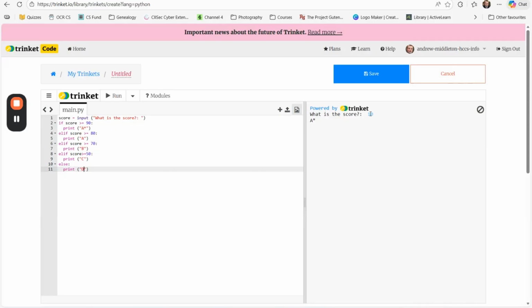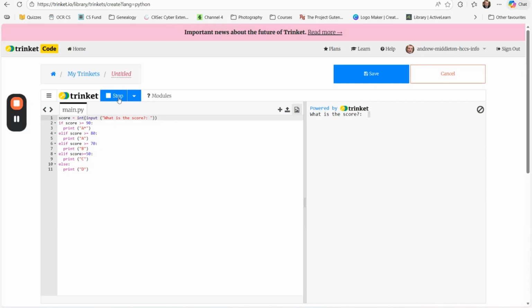A star. Now, at this stage, all of you have said, hang on a minute, something's going seriously wrong there. What's going wrong? The answer is these are checking for a number, and this input is looking for a word. So that's part of this predict exercise, being able to look for and see errors before you